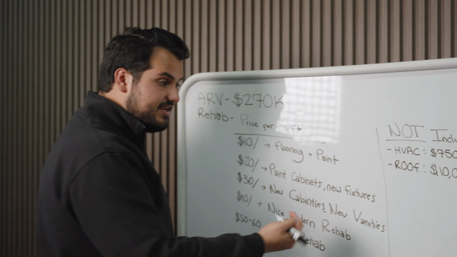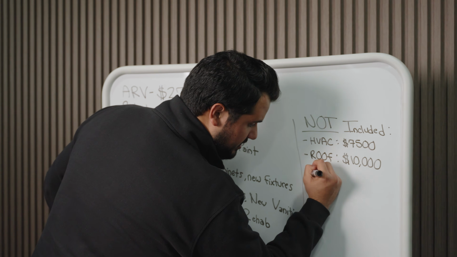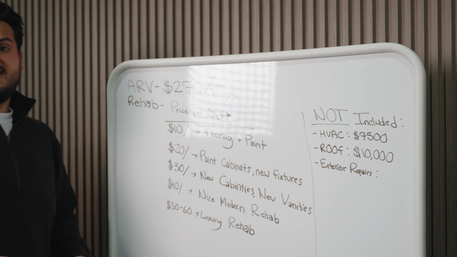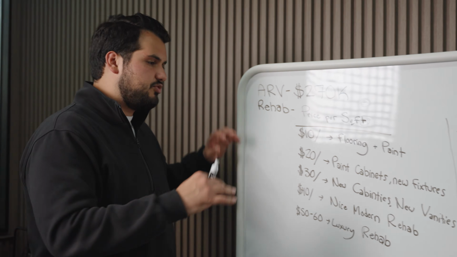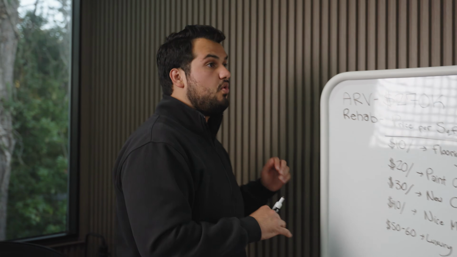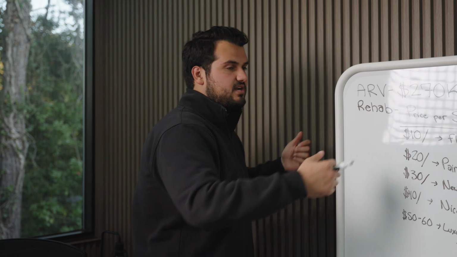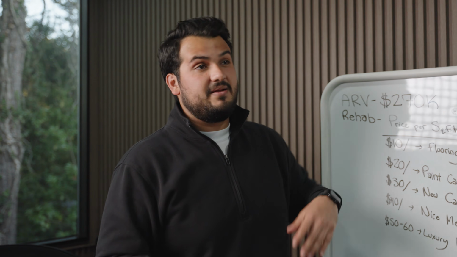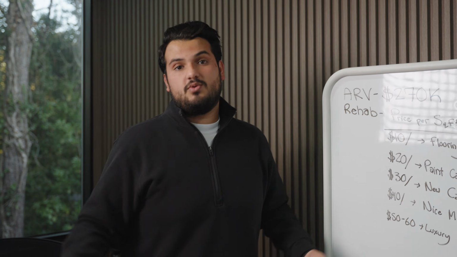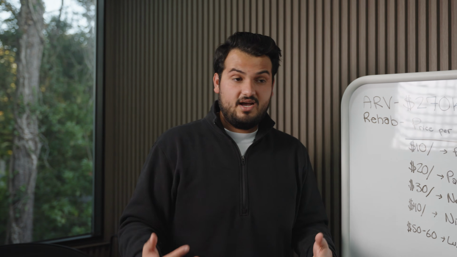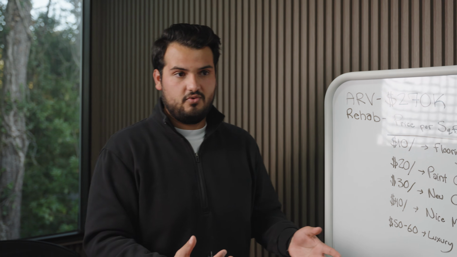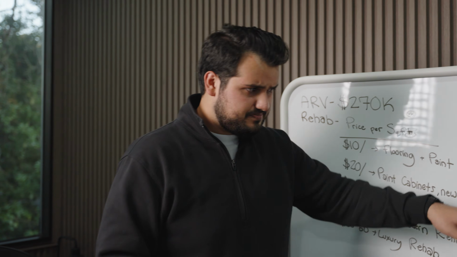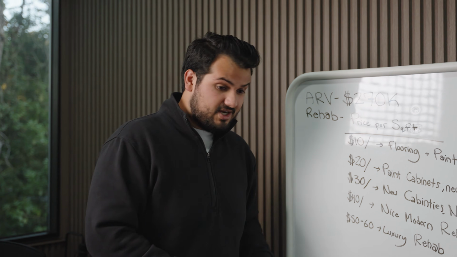All right, what else is not included is exterior repairs. So what do I mean by this? Let's say it has siding, right? And the siding needs replacement, or it's super old, or maybe you need to fix certain siding, or maybe the gutters are falling off, or maybe you don't need to replace the roof, but you need to patch the roof, or you need to pressure wash the outside. These are all additional costs that you need to account for because they're gonna cost you money, right? So that could also include cracked driveways.